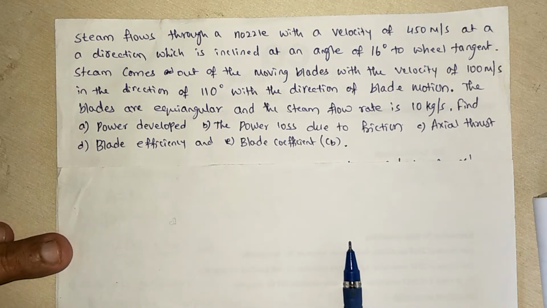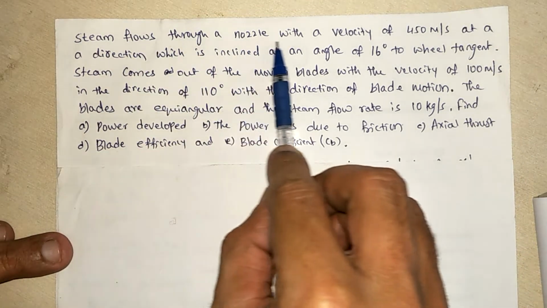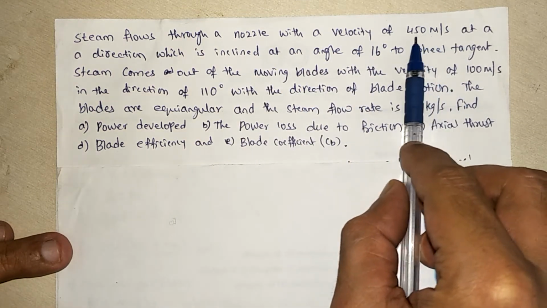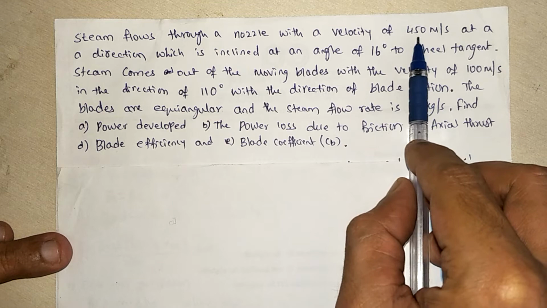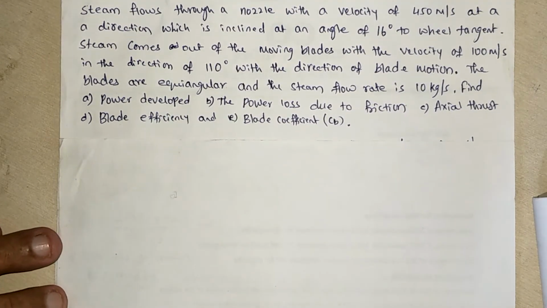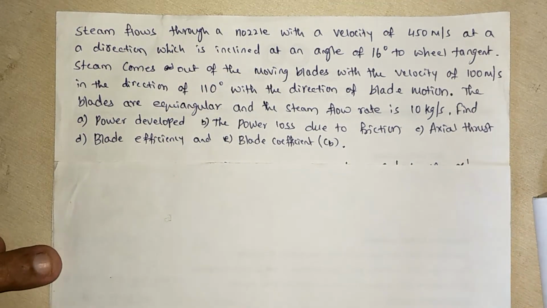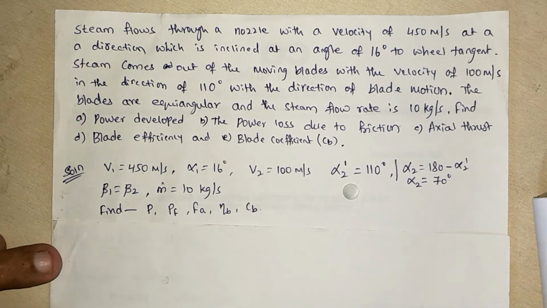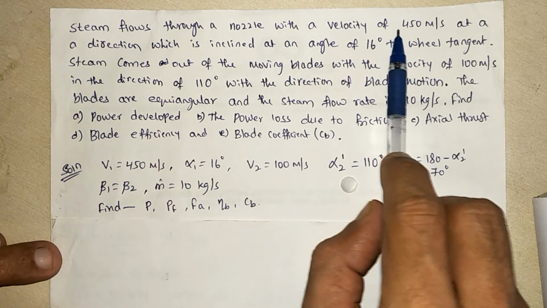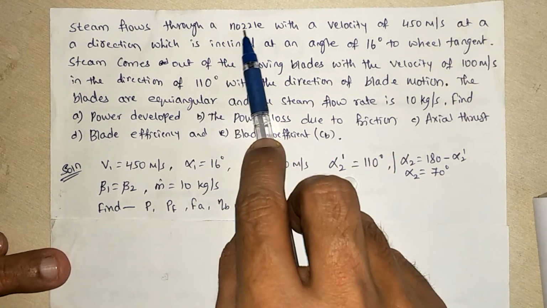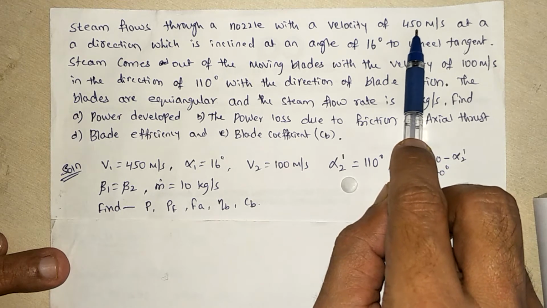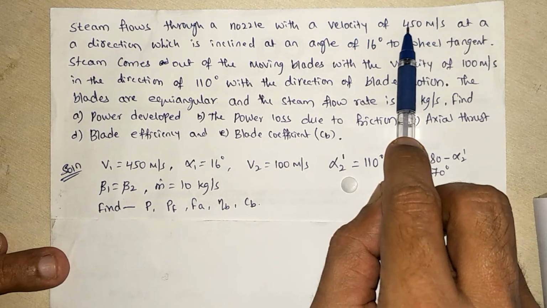Okay, so steam flows through a nozzle with a velocity of 450 meters per second. So this is V1, right? I will list out the given data here. So the velocity of the steam at the exit of the nozzle is 450 meters per second. V1 is the absolute velocity of the steam which is coming out of the nozzle